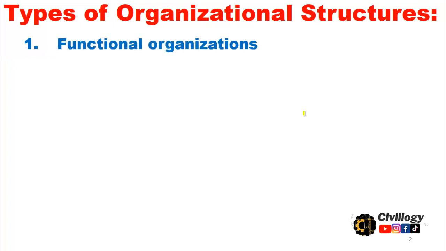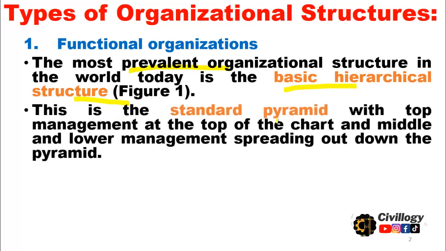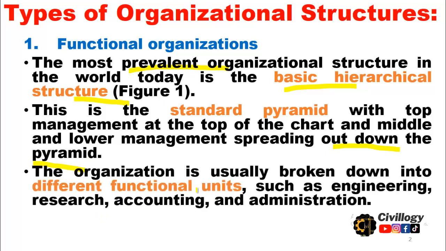First one is functional organization. The most prevalent organization structure in the world today is the basic hierarchical structure. This is the standard pyramid with top management at the top of the chart and middle and lower management spreading out down the pyramid. The organization is usually broken down into different functional units such as engineering, research, accounting and